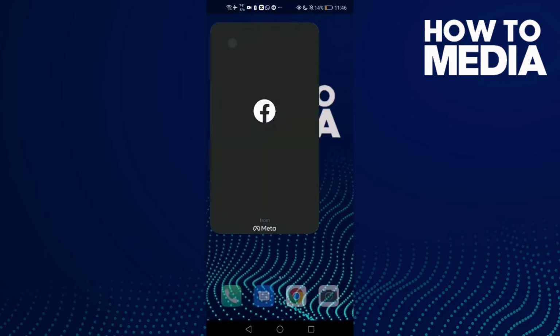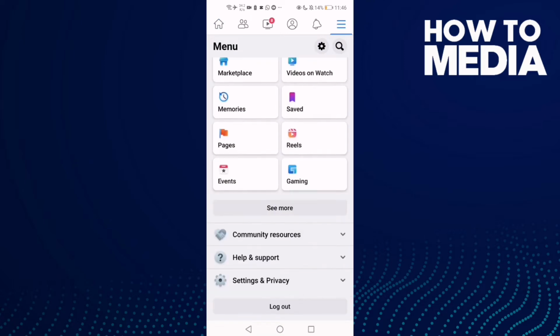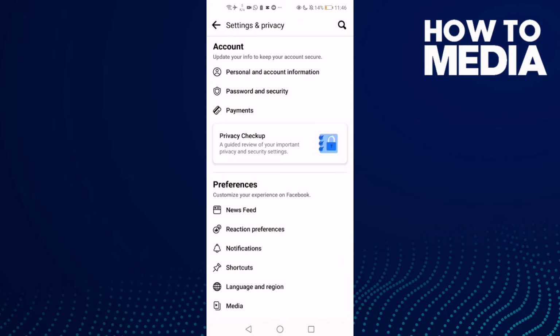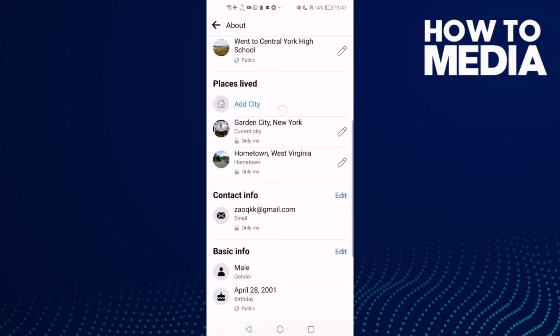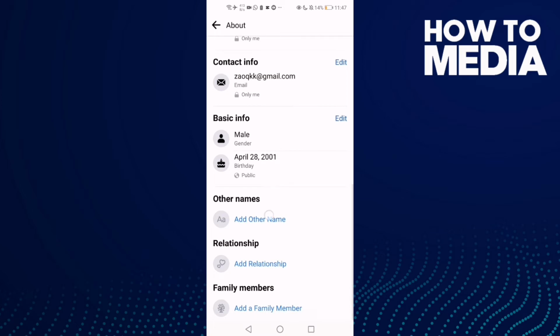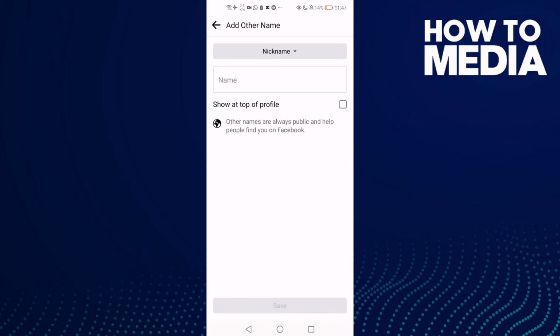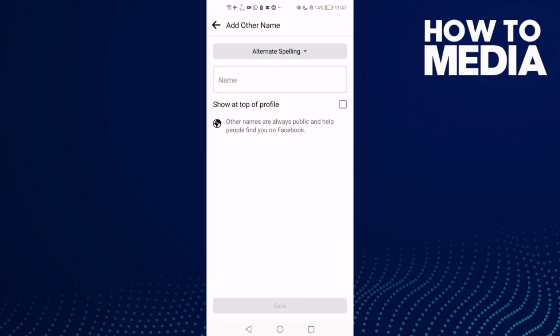First thing, go to Facebook and click these three lines, settings and privacy, settings, profile information, and then this one, click add other name and click here, and then select this one, alternate spelling, and then